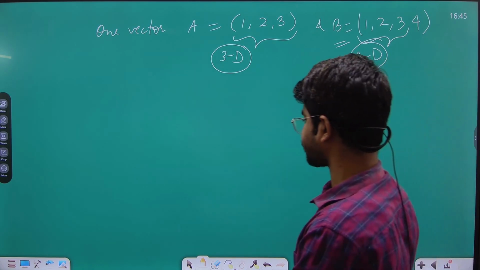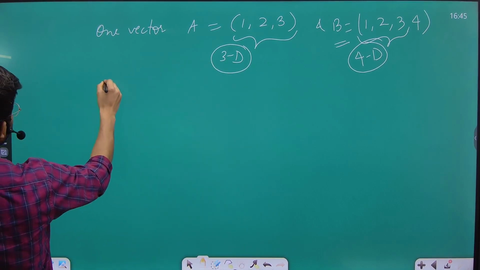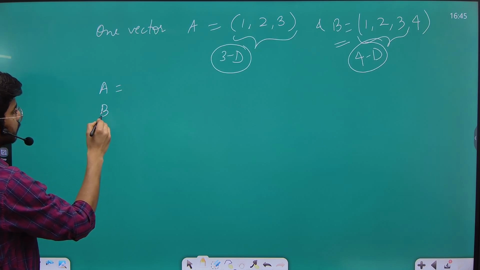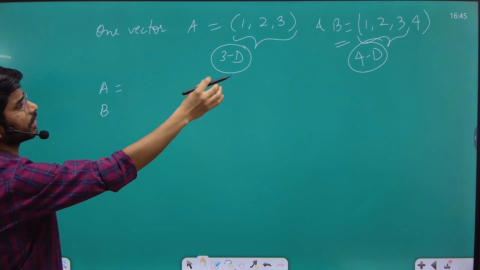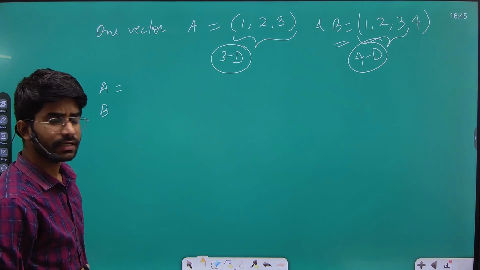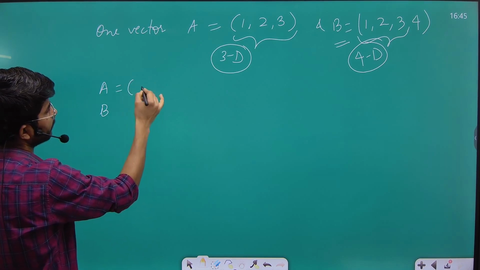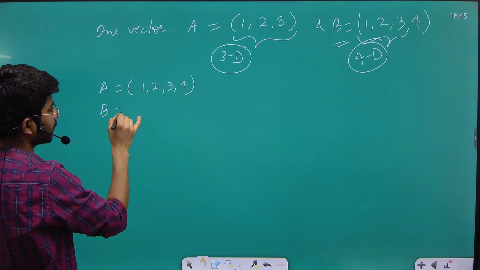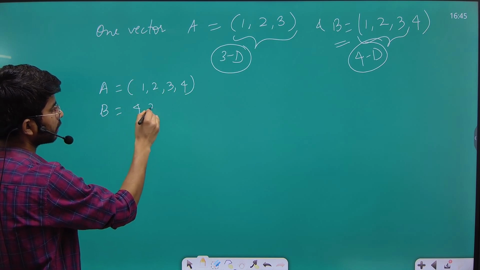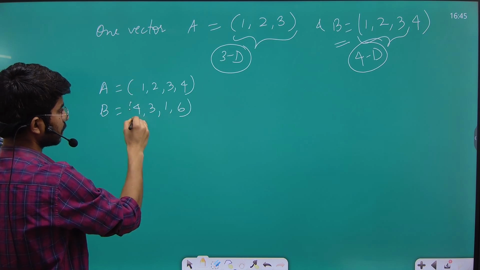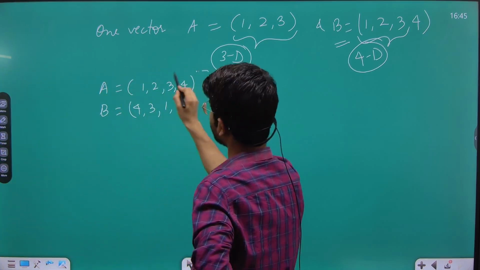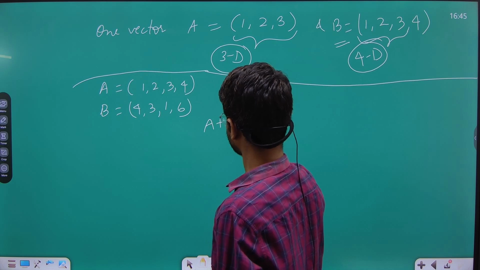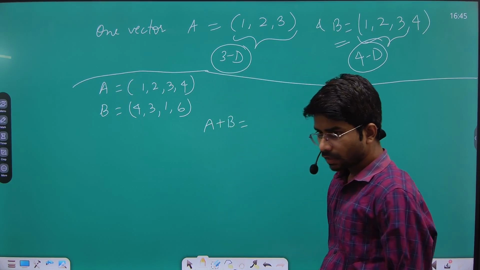Now suppose you are given two vectors A and B, both of the same order. That means the number of elements in both vectors is the same. The first vector is represented by 1, 2, 3, 4, and the second vector by 4, 3, 1, 6. If you want to find A plus B, that means the sum of the two vectors, then